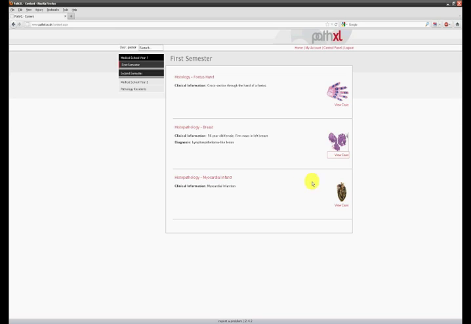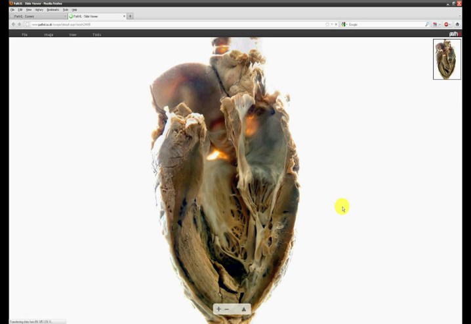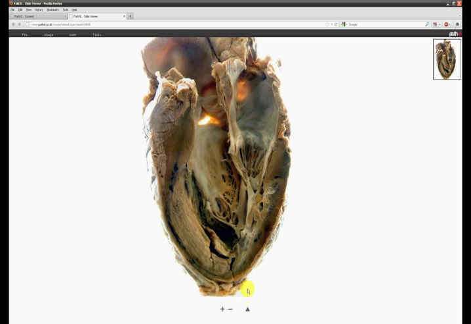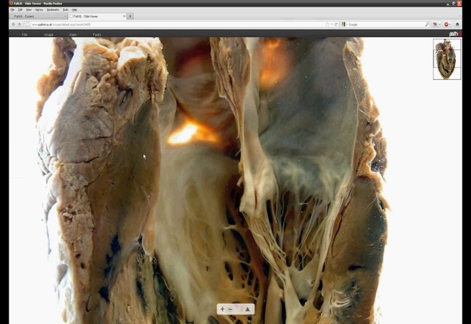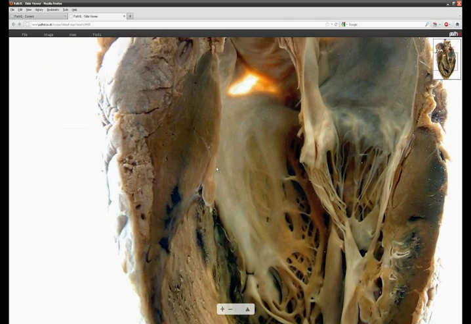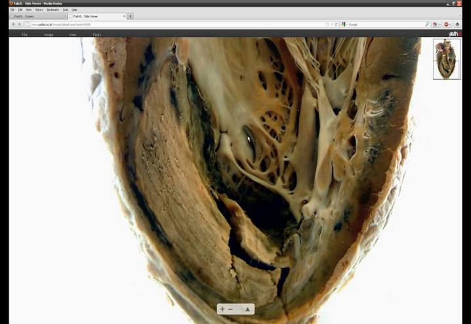The last thing I quickly want to show here is to illustrate that PathXL Tutor is not just about managing digital slides. Here we have a high-resolution macroscopic specimen of heart used by one of our medical schools using PathXL Tutor. As you can see, you can view this in the same viewer as the virtual slide, with the ability